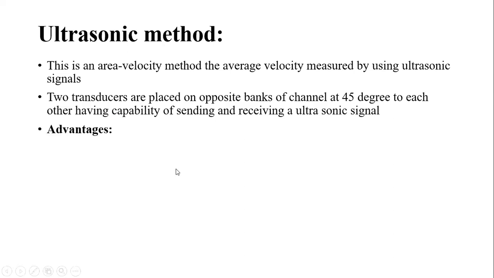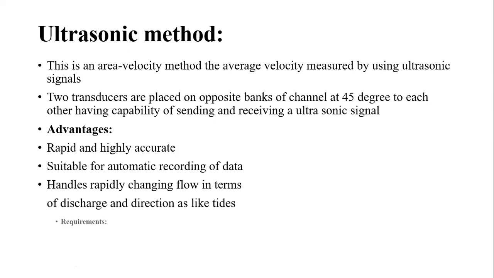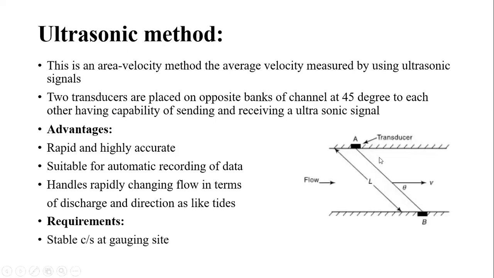Okay, so now we'll see how they are placed with the help of the sketch. Here I have shown the sketch. The two transducers A and B are placed on opposite banks. This is one bank, this is another bank. ये नदी का एक तीर है और एक दूसरा तीर है. यहाँ पे सेंसर को नाम A दिया है, इसको B दिया है और दोनों जो एक दूसरे को अलाइन किए हैं, यानी कि दोनों को ज्वाइन करने वाली जो स्ट्रेट लाइन रहेगी, that makes an angle of 45 degrees with respect to the horizontal.